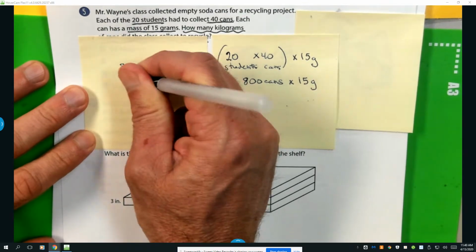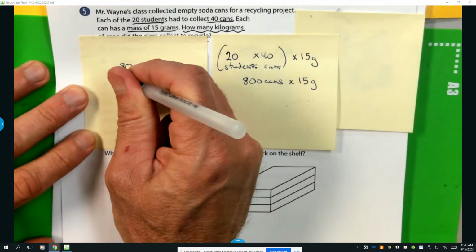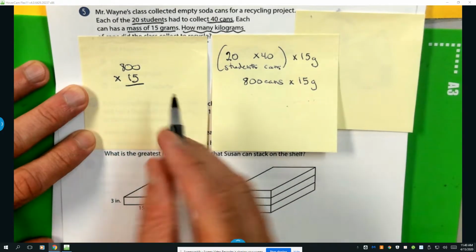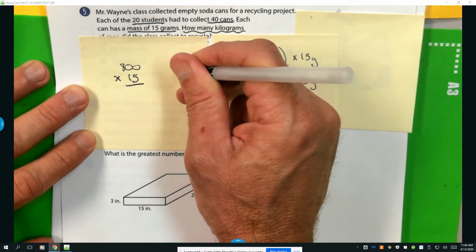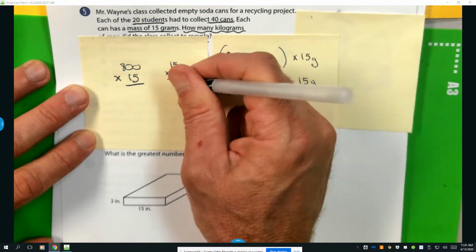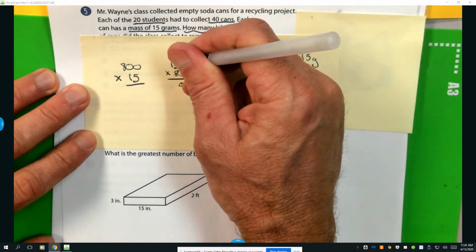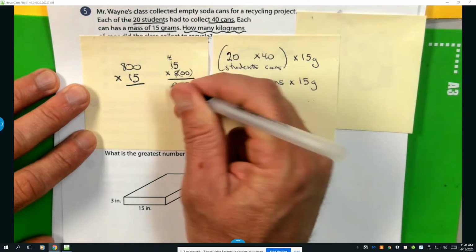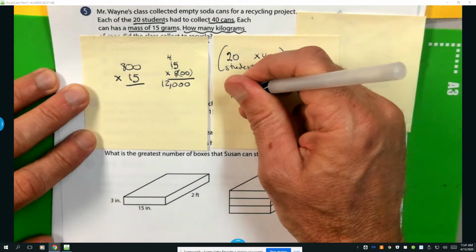So here's 800. Here's times 15. I'm going to flip this over and do it this way. 15 times 800. Take those two zeros off. Put them down here. Now I'm just going to do 8 times 5, 40. Put down the 0, carry the 4. 8 times 1 is 8, plus 4 is 12. And that's going to leave me with 12,000